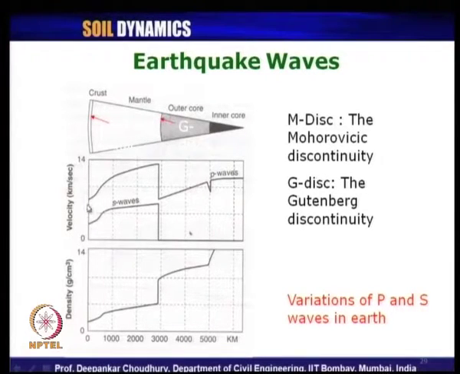Okay? So, how do the P wave and S wave velocities vary as we go from the crust to the inner core in terms of distance? The x axis shows distance in kilometers. This first graph shows velocity in kilometers per second. If you look here, the P wave crustal velocity is about 6 kilometers per second. As it goes deeper, the medium is stiffer or heavier, so its velocity increases.